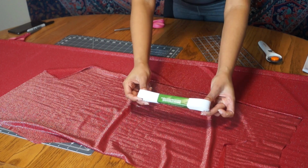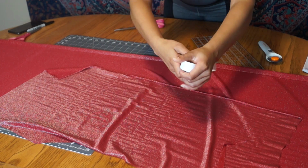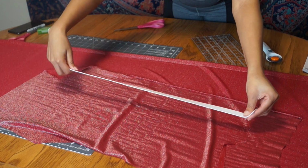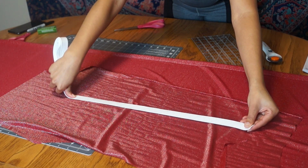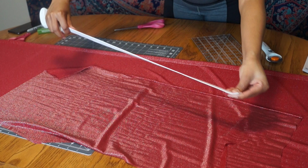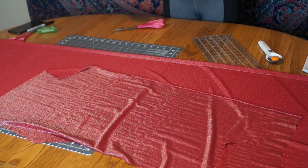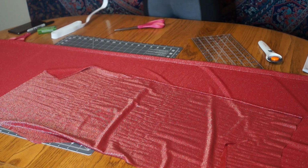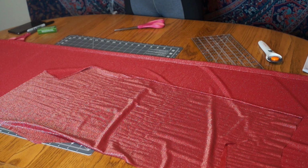So the last thing to cut is the elastic. This will go on your upper bust. So your upper bust measurement, you will use that to cut this. So my upper bust measurement was 31. So again, we're just going to